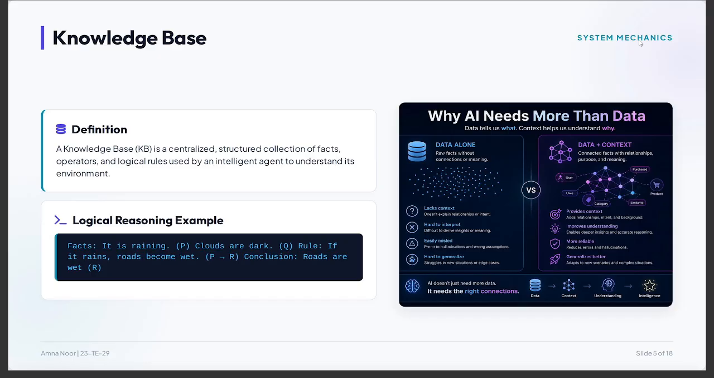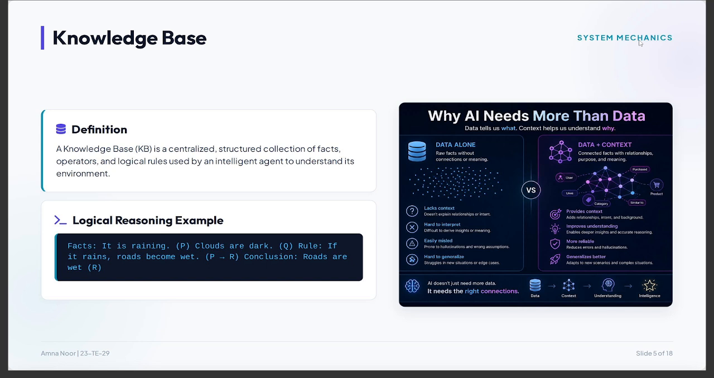Then we have the knowledge base, a structured collection of facts and rules used by an AI system. For example, if it is raining and we know that rain makes roads wet, the system can logically conclude that roads are wet. The knowledge base is important because it helps the system store information and make decisions. In the image that I attached here, you can see a network style diagram showing facts, rules and conclusion connected